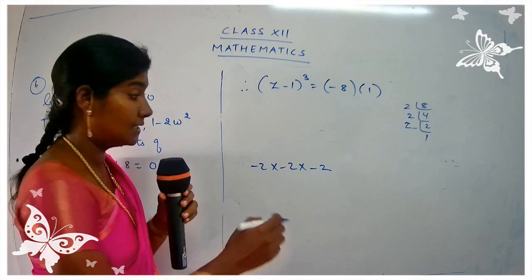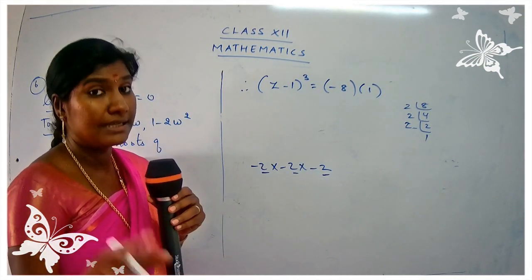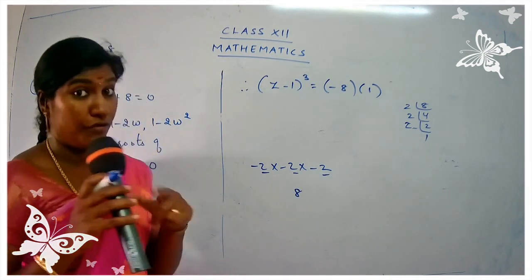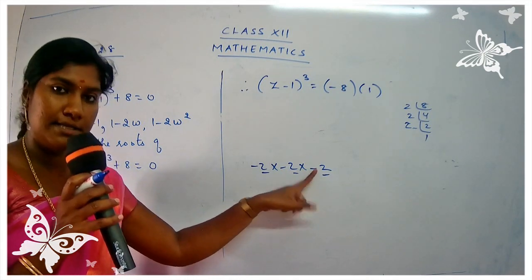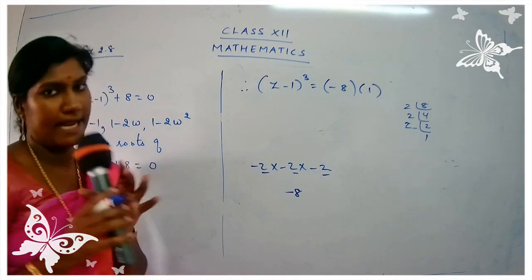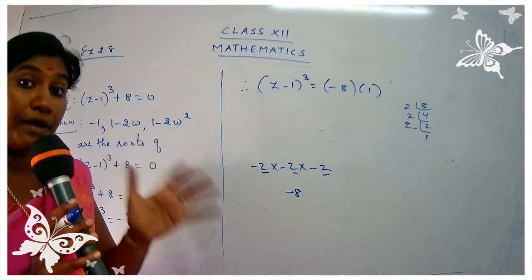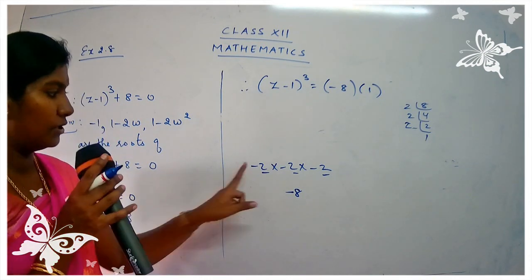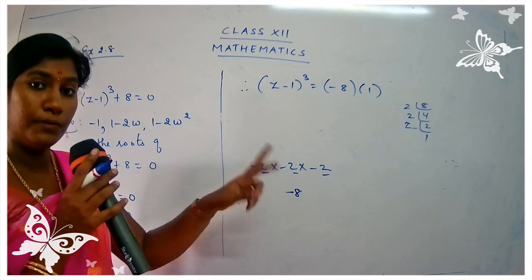What will be the answer? We know the answer for 2 into 2 into 2. What is it? 8. Yes. So 2 into 2 into 2, 8. Let's go for the sign. Minus minus plus, plus minus minus. So you get here minus 8. Okay, children. So now how are you going to write down in terms of power? It's minus 2 the whole raised to 3. You are going to write down minus 2 3 times. Minus 2 the whole raised to 3.